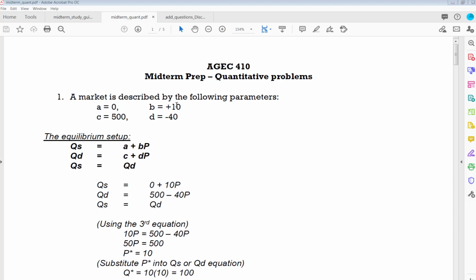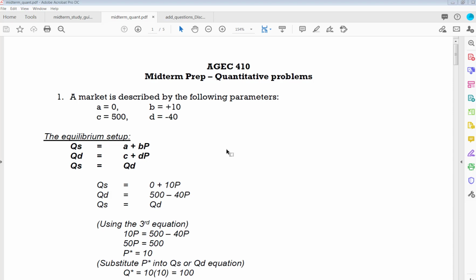And so essentially it is going to matter, if you get a setup for a market and I tell you what the supply price response and the demand price response is going to be, right? The slope that multiplies price here and here in the supply and demand equations, that is going to be critical in almost all the answers. Okay, and so that's why I'm giving you these additional examples, or I gave you those additional questions at the end of this handout that I gave out Wednesday,